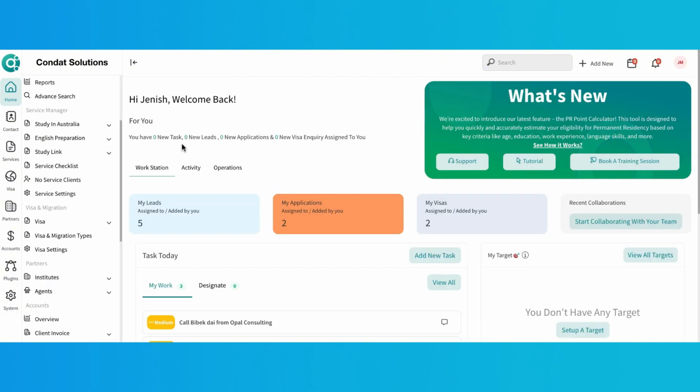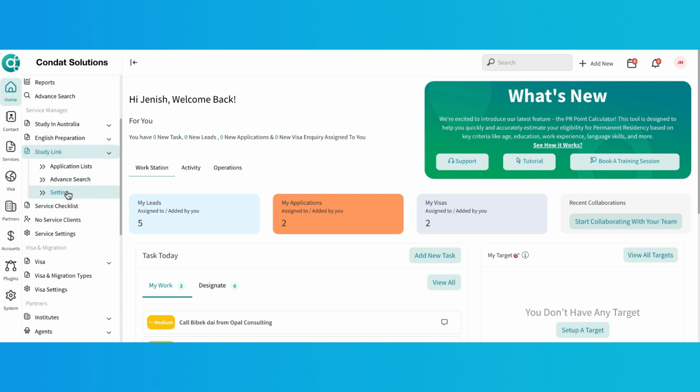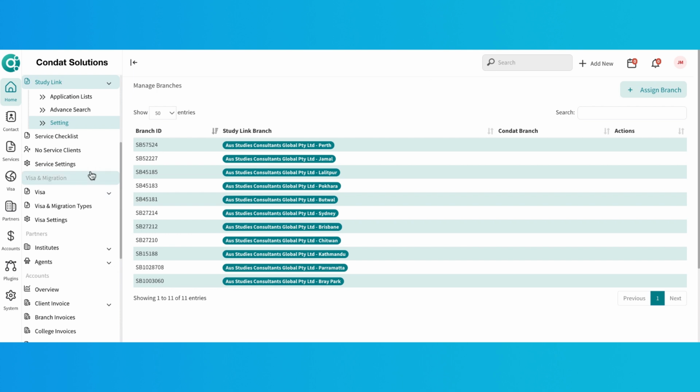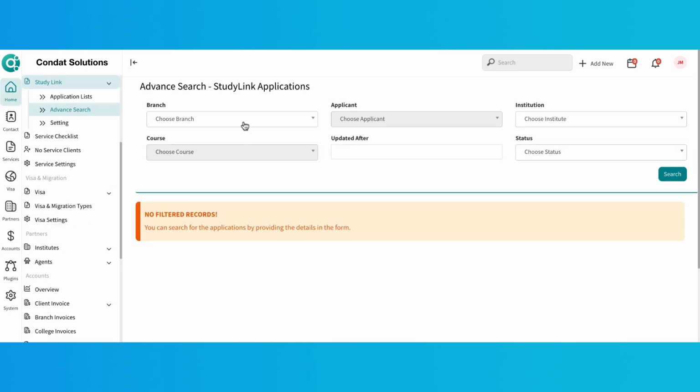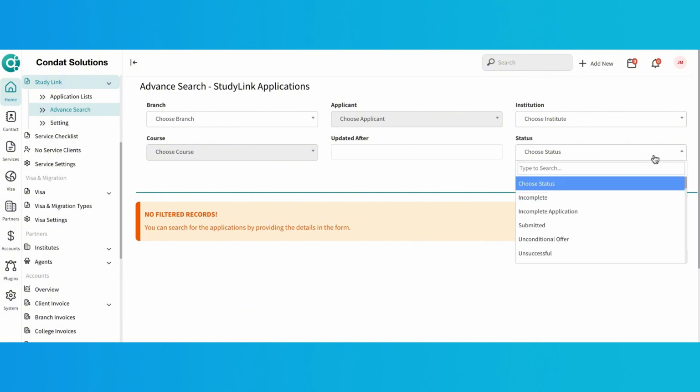Now that the integration is done, you'll find StudyLink listed under the Service Manager. From there, go to the Settings section, select the StudyLink branch and assign access to the appropriate branch or team within your agency. You can also generate a list of applications by sorting via branch applicant, institutions, course, or status